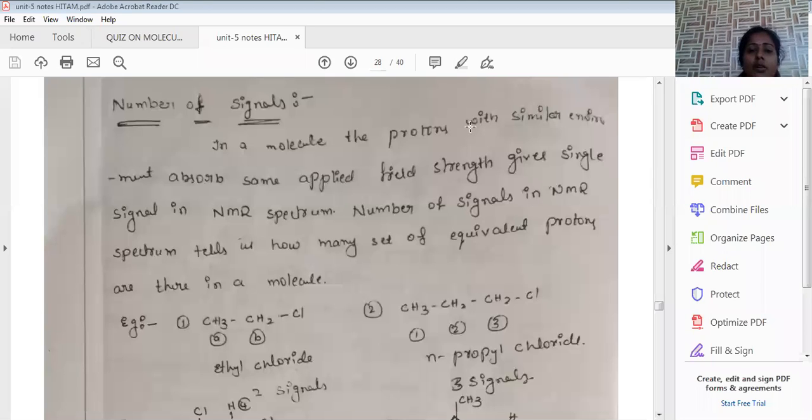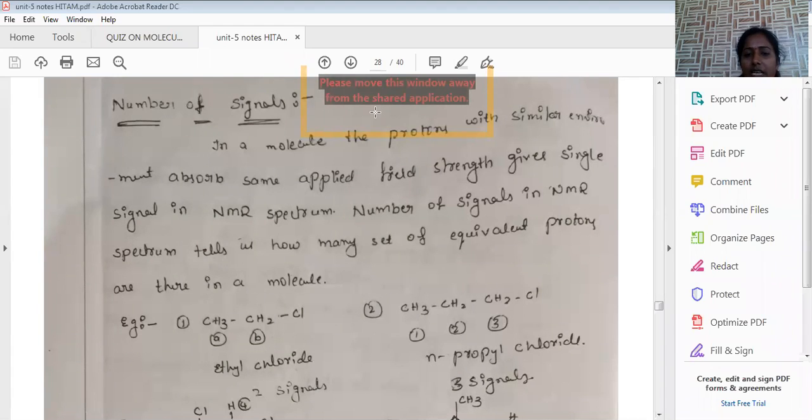We are discussing spectroscopy and its applications. In the last class, we discussed the principle of NMR spectroscopy. NMR stands for nuclear magnetic resonance spectroscopy. In NMR spectroscopy, when a substance is irradiated with radio waves or radio frequency, the radio frequency is used to generate resonance in that molecule so that it will give the spectrum.